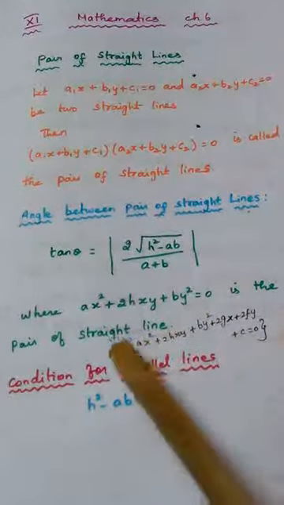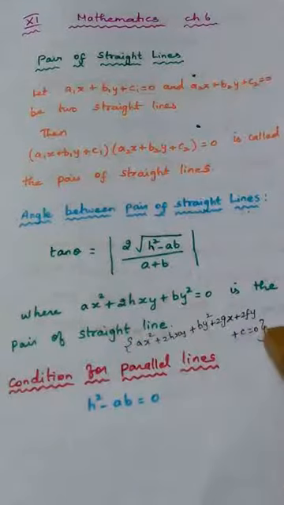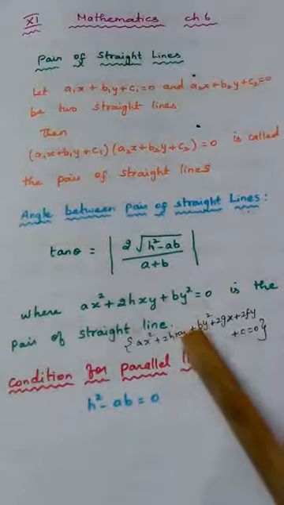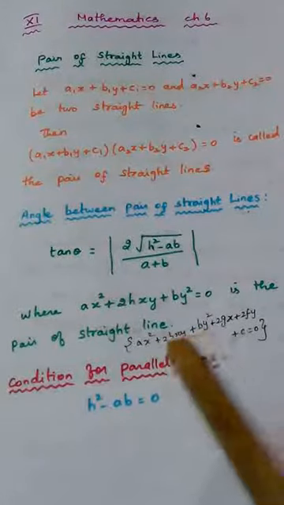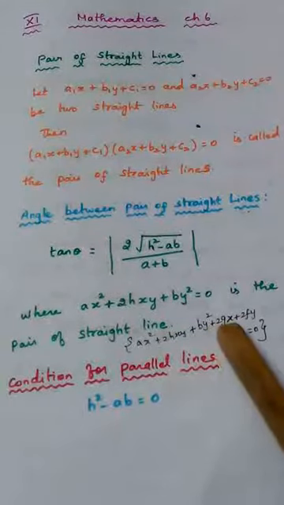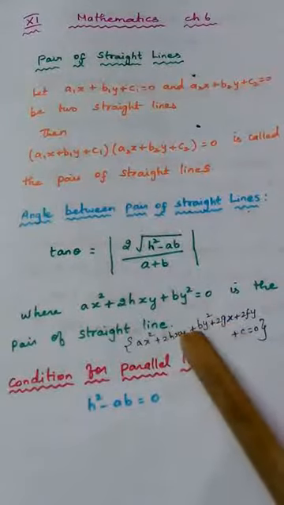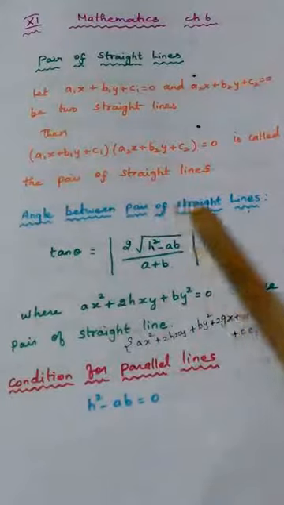Keep this in your mind. When we multiply these two, you will be getting an equation of this format. Definitely this will contain two lines. Again I am telling, not always, sometimes. It is a combination of two straight lines. If that is the case, then definitely there will be angle between those two straight lines, which is given by